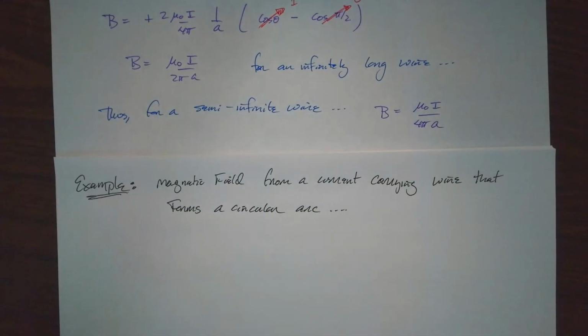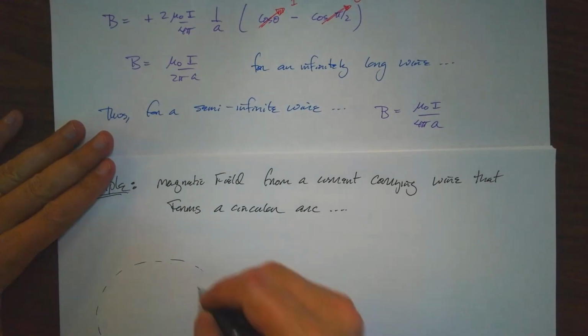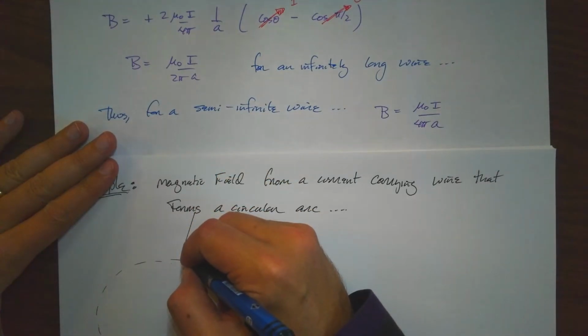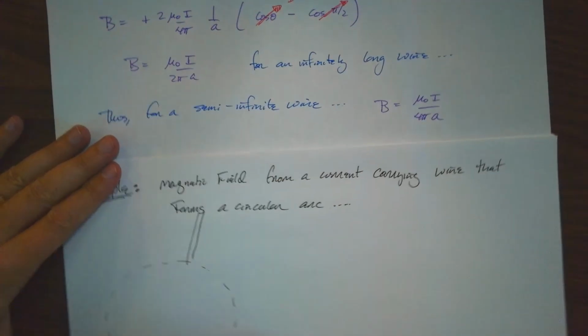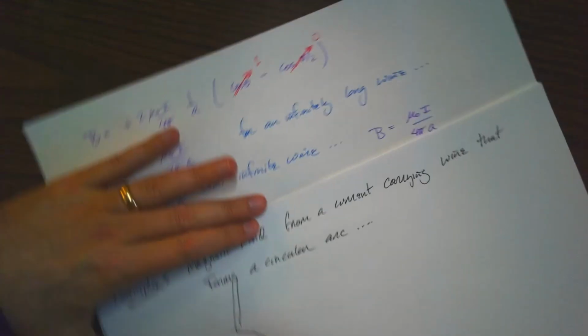Okay. And so the way they usually draw these, so here's the wire. It's going to come in and it's going to move along this circular arc through some